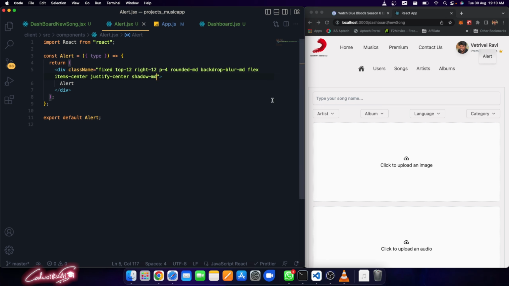All right, so now what we can do is verify it. We can check whether the type is success, whether the type is warning, whether the type is info, something like that. So we can check the type. If the type is equal to success, then I'm going to render this. Inside this, we can say